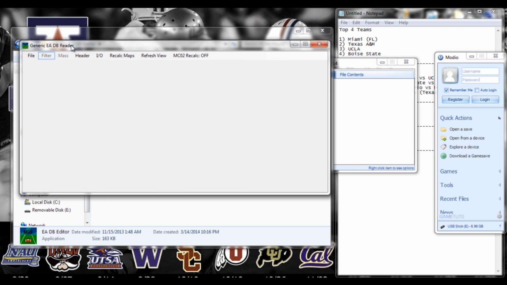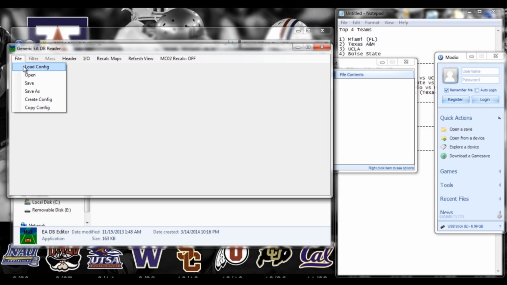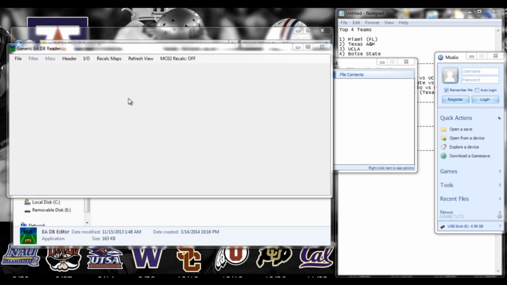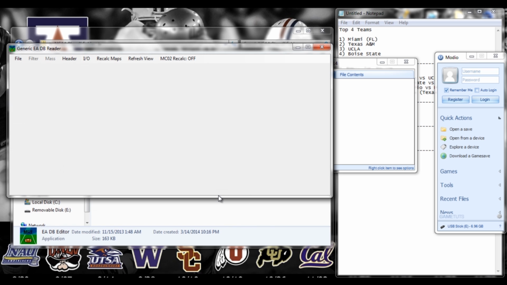Alrighty, and like I said before, looks like you may have done something wrong, but no, you're fine. You just gotta open the config file. So we're gonna load that configuration file, and then back to my NCAA playoff, and it's right here. This Zan's NCAA 14 NCAA configuration. Open that file back up,